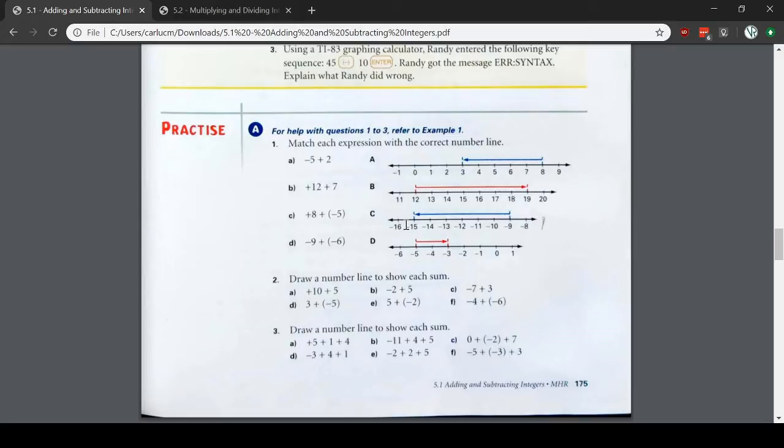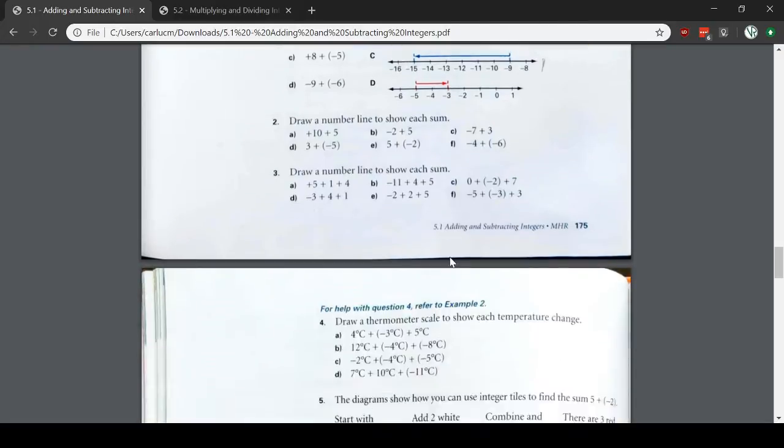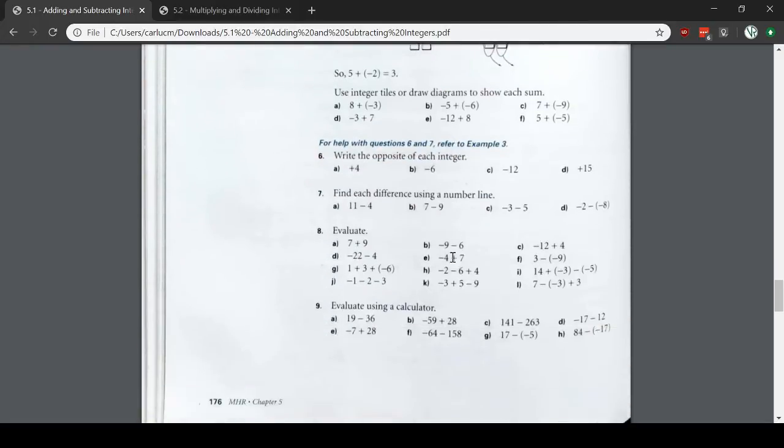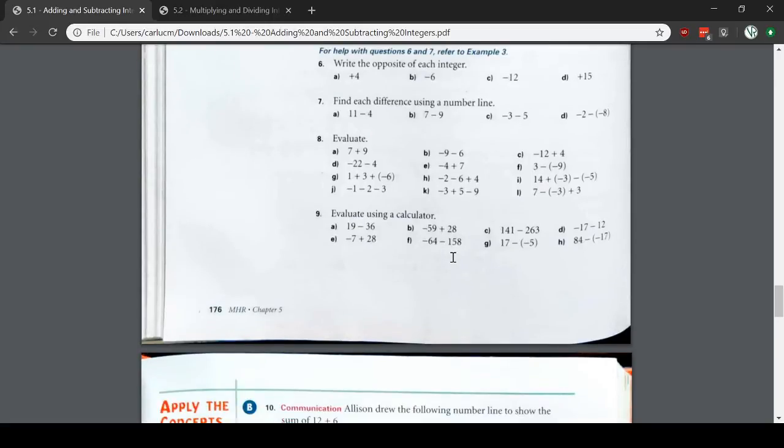So that was number 1. The next question I had to assign was number 8. So if I slide down here, number 8, I'm just going to evaluate a couple. So we'll do a couple of these just to get a little practice. Just going to write down a few here. We're going to do